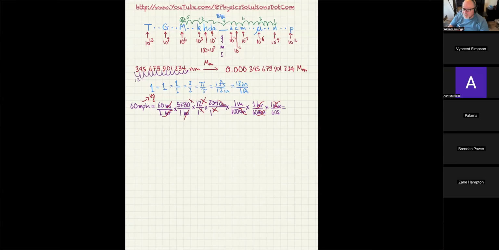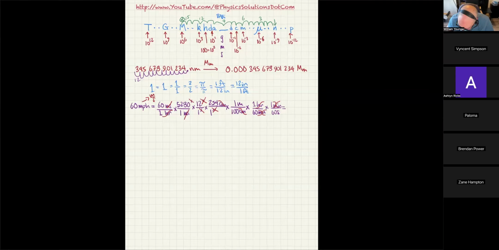Now, how do you deal with this monstrous looking construction? Well, what I tell my students to do, and you should do this until you get the training wheels off, you should multiply all the numerators, 1 times 1 times 1 times 1, and get a new numerator, and then multiply all the denominators to get a new denominator. And that's the first step. So let's first off multiply all the numerators.